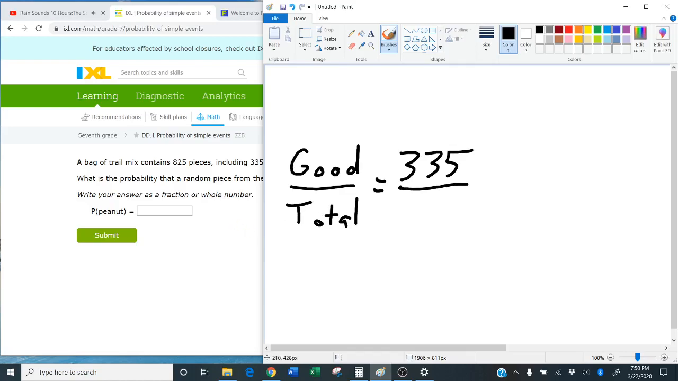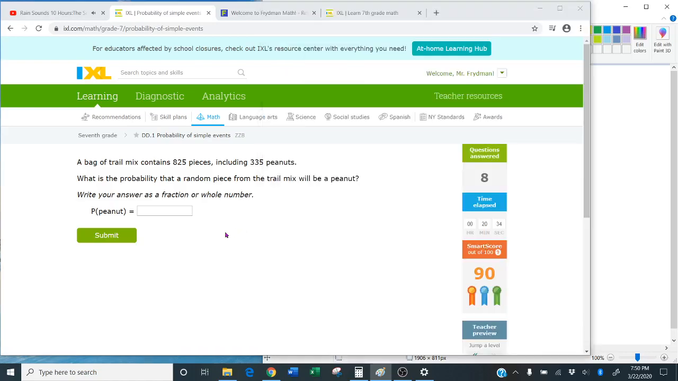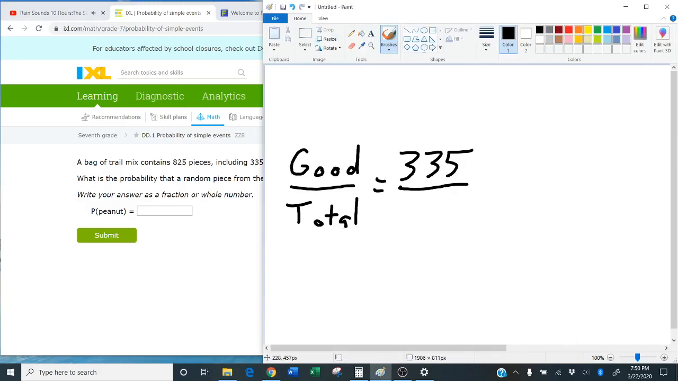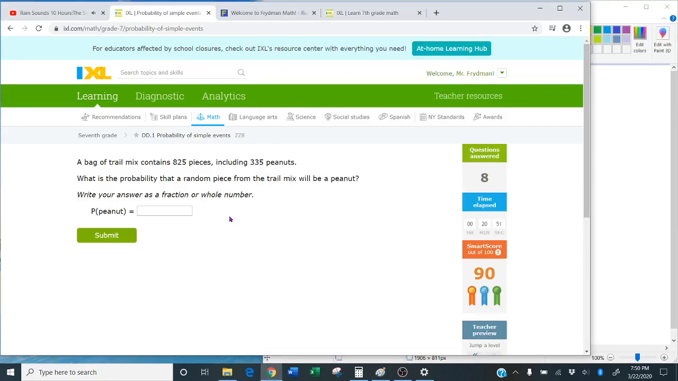Now for the total, this is why I said before that it was a little bit tricky, because for the total here, you have to decide, should you be adding these numbers up? Should I add 825 and 335 to find the total? Remember in the last question, we did add up the numbers. In this question, we're not going to. Why are we not going to add the numbers? Because it says here,